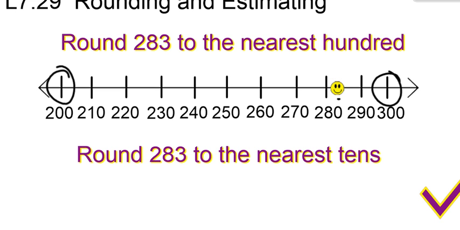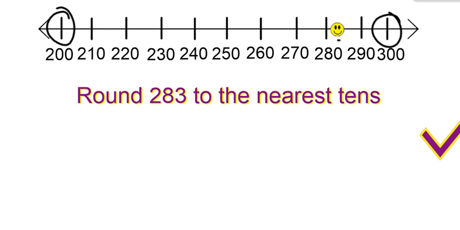All right. Now, of course, not all rounding has to deal with hundreds. It's not always to the highest place value. Sometimes it's to just a specific place value, such as the tens. So if I wanted to round 283 to the nearest ten, I can also use the number line,